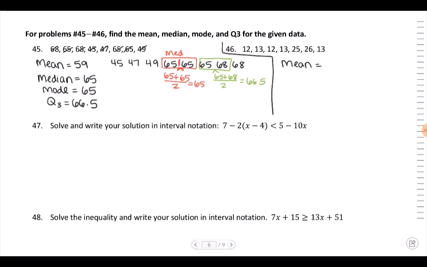So let's see here. I'm going to go ahead and do that. 12 plus 13 plus 12 plus 13 plus 25 plus 26 plus 13. And then I'm going to hit enter on my calculator, which is 114. So it's 114 divided by 7, which gives me, now we need to round to the nearest, I'm guessing tenth